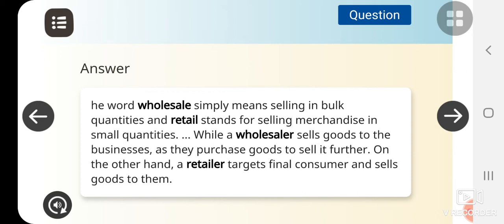One example I can give you, children, like we go to a shop to purchase some dress for you, a nice dress for you. Okay, so directly you will go to the shop and you will purchase, or you are purchasing shoes. Fine. So that person or that shopkeeper is the retailer because you are the direct customer. But they are getting all those things on a little less price from the wholesaler.